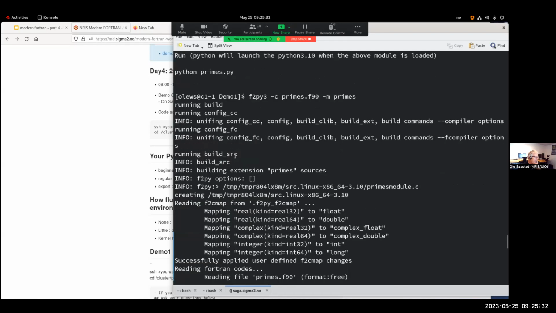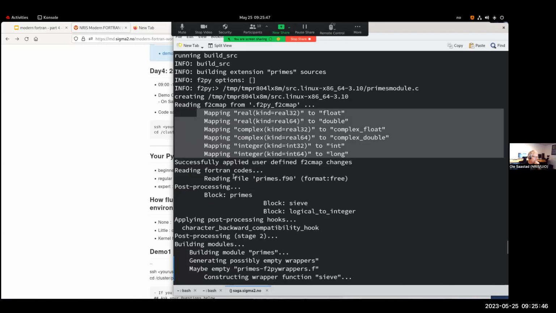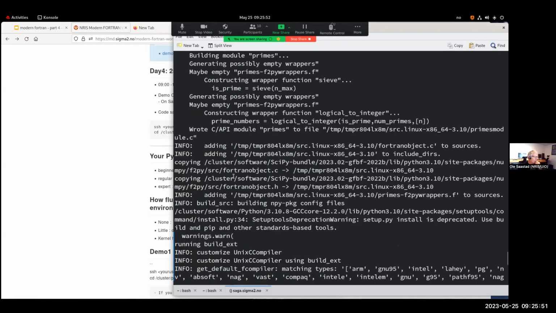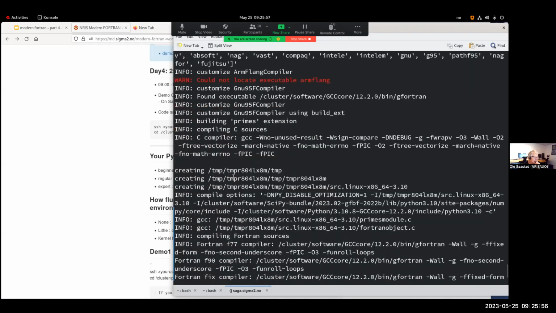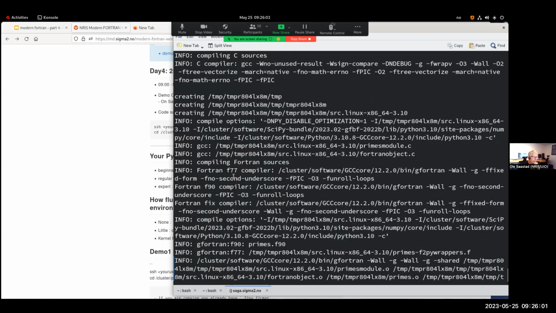It's starting here. It's running config cc. You see there's a lot of C things going on here. It mapped our mappings to the Fortran kind, to the C kind, and reading the Fortran code and doing a lot of looking for compilers and such. And at the end, it will call up gfortran here